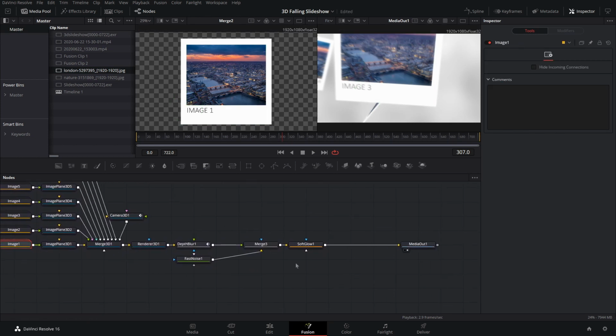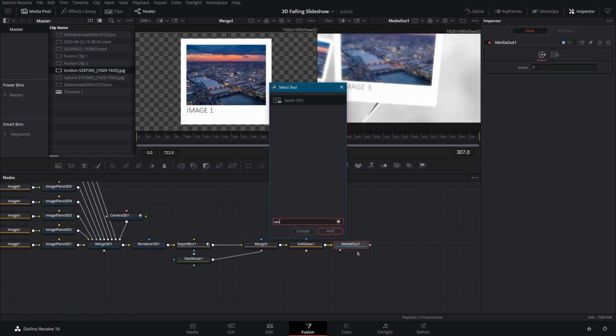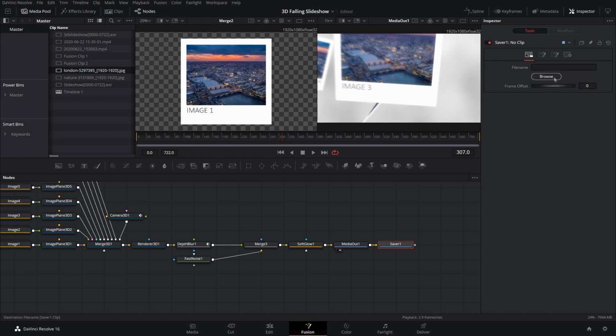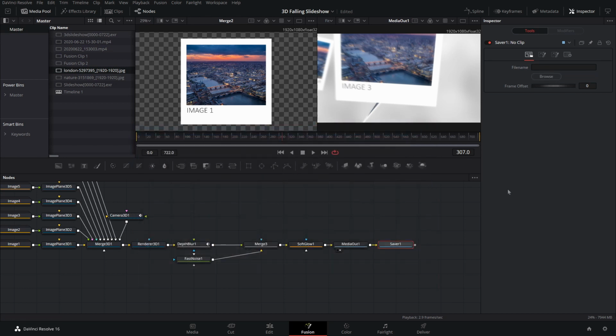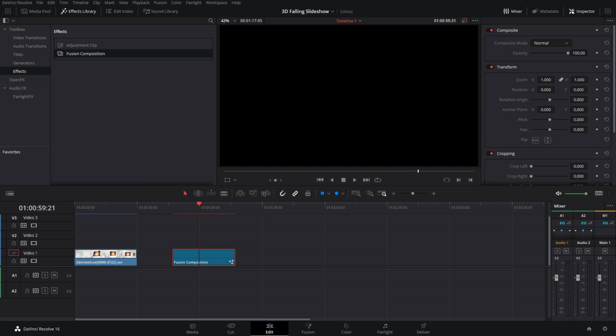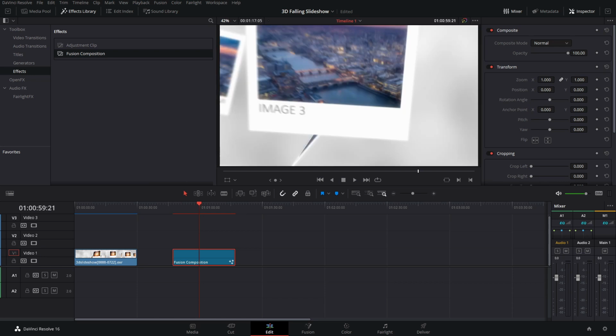Once you're done with that, go ahead and come to the end of the media out, do shift space, and type saver. And now once you have the saver node, just click browse and find a location that you want to save it. Then once you're done with that and you've chosen a file spot, do fusion, render all savers, okay? Now this will take a little while, but once you're done, you will have an EXR output file